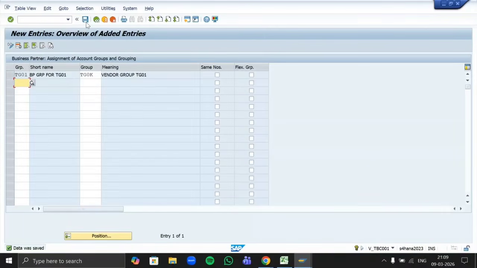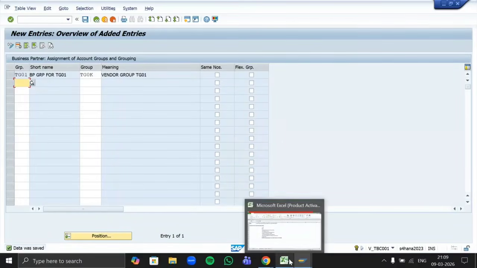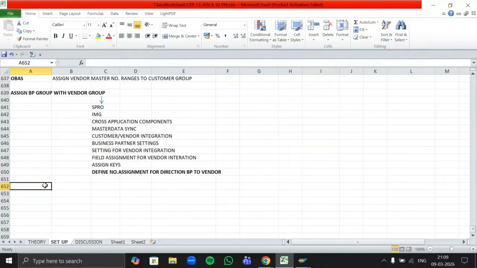So now we are all ready to create our vendors. We have enough configuration done to create our vendors in our system. So to create your vendor, here also we have to use the same T code, BP only. So let's use the same here as we are creating business partners only.